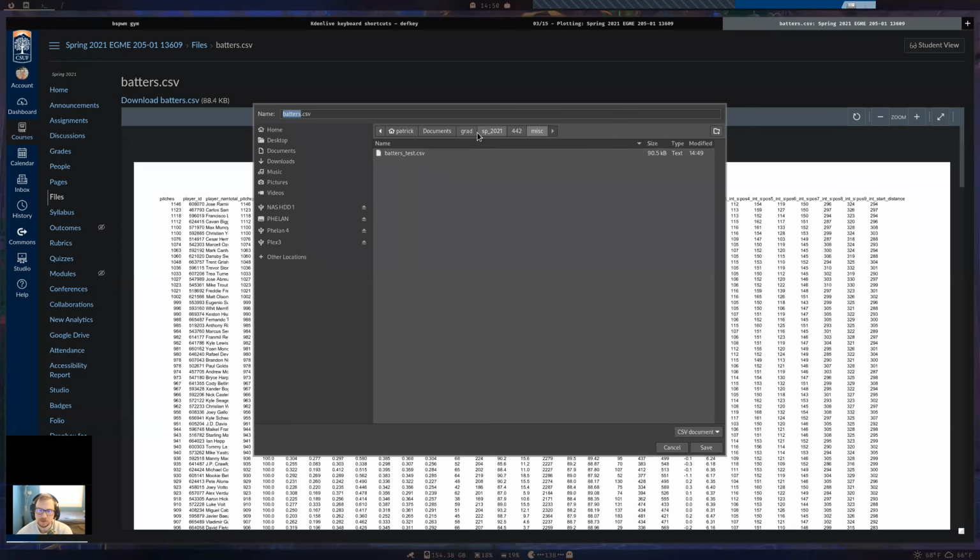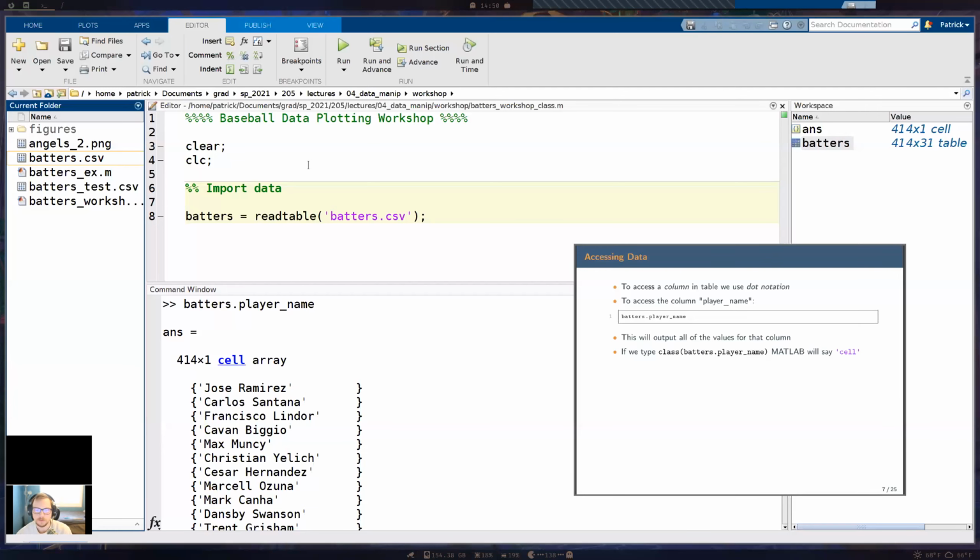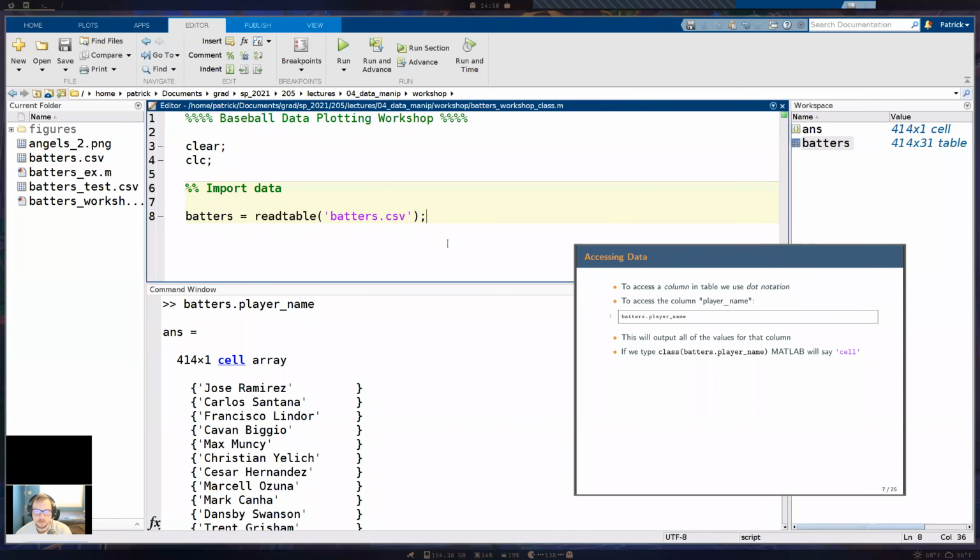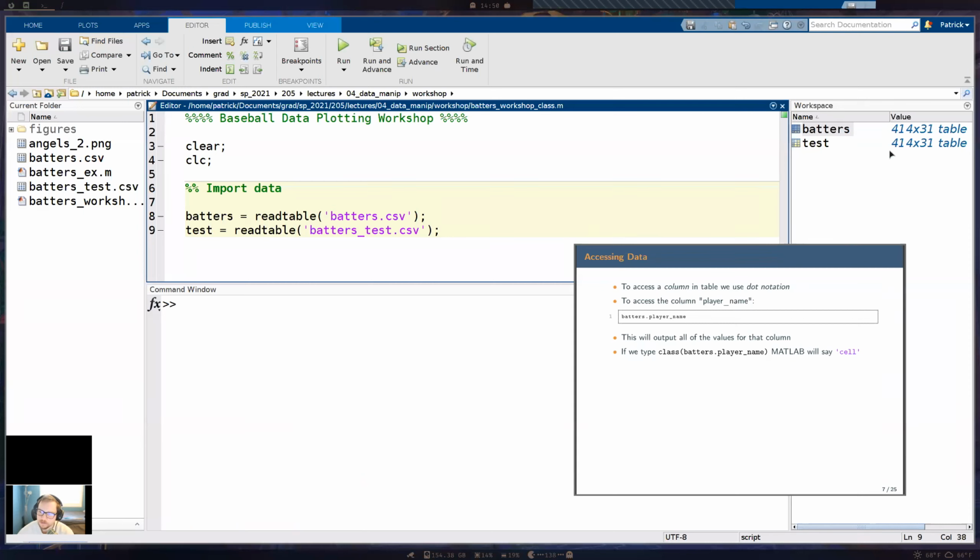So I need to go to the folder I want to save it to. And let me import this one. Alright, it's the right size.